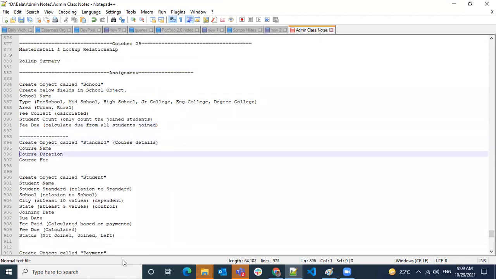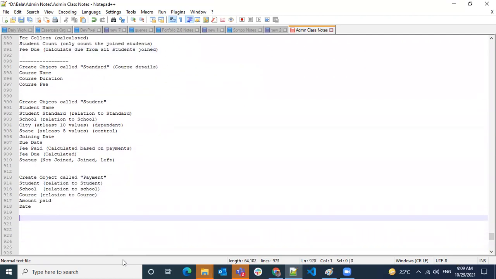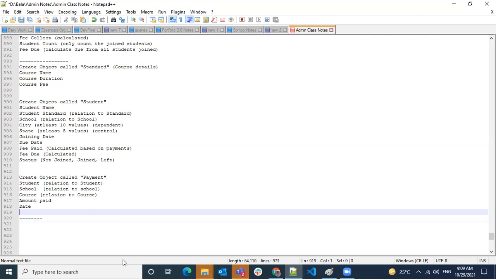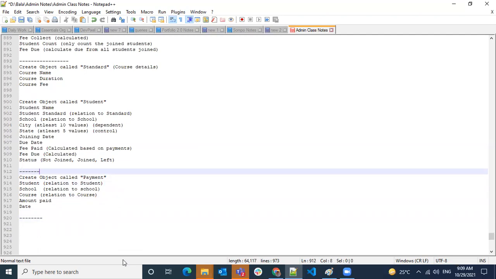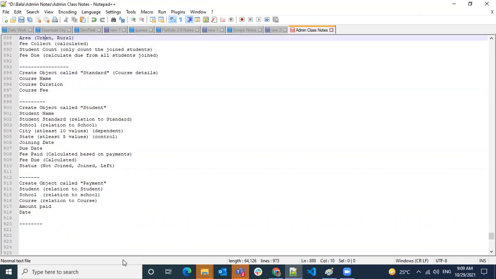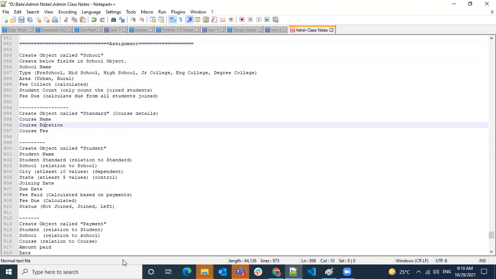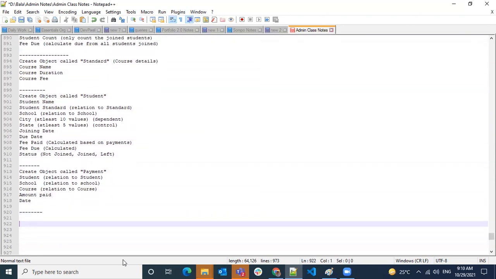Here we have covered object creation, and I'm not mentioning everything here; at the end I will mention some points. You have to understand what business I'm looking at, and try to cover how we are going to do it. Understand first, have some rough sketch, and try to create the fields.